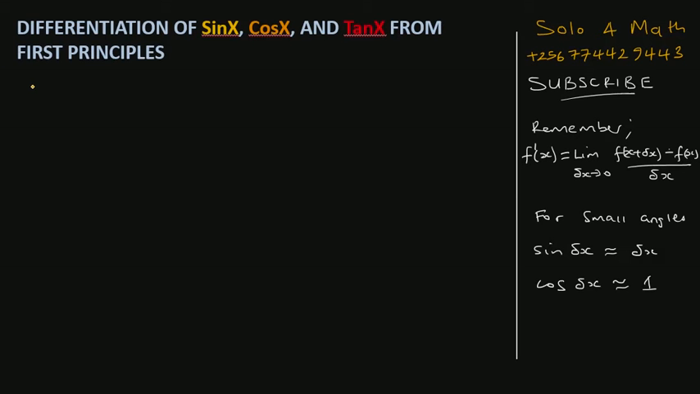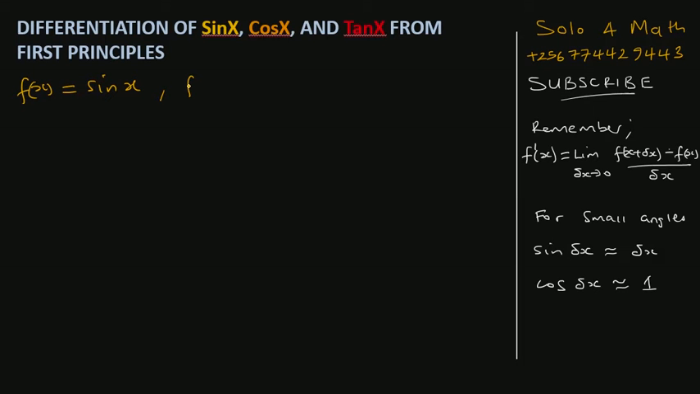Alright, if you're given a function f(x) equals sine x, let's start with sine x. We need to remember this formula here. Last time we said if we want the first derivative of a function from first principles, then it is equal to the limit as the small change in x tends to 0 of this function minus the original function, then over the small change in x. So if we have f(x) as sine x,